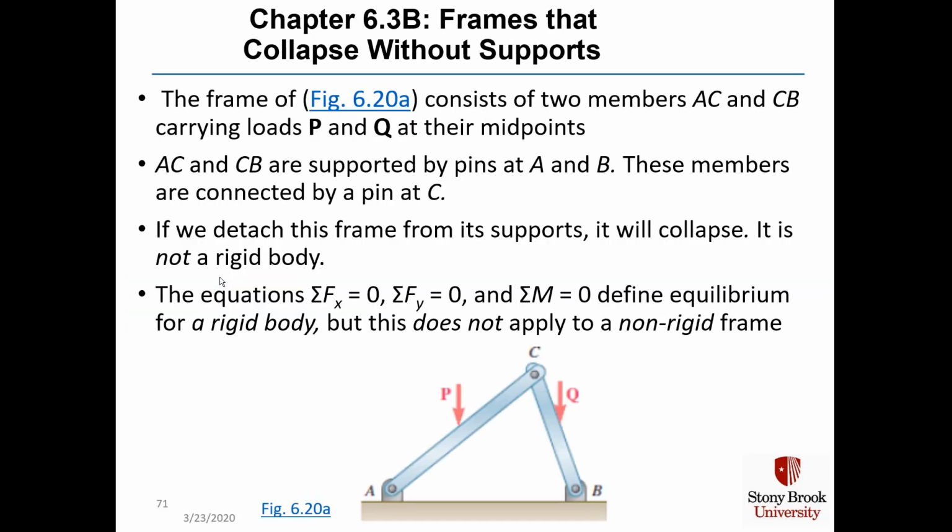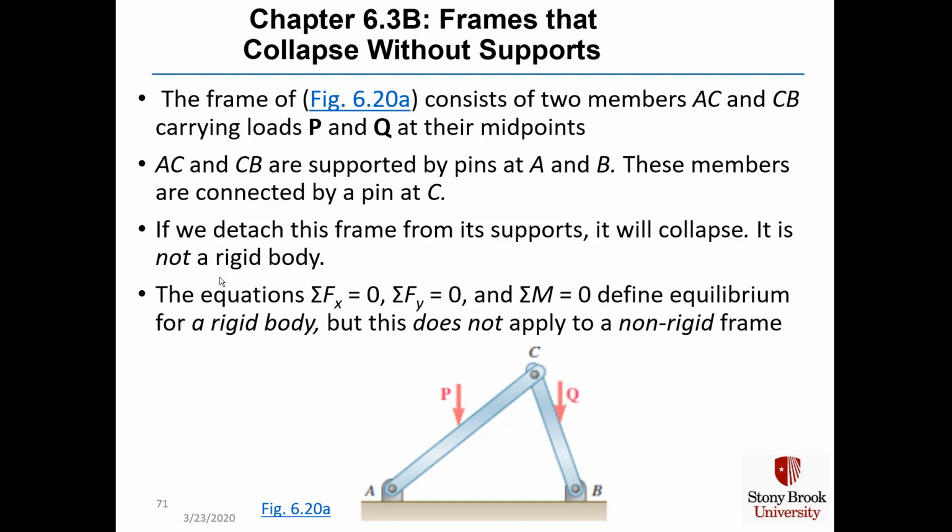Let's take a look at frames that will collapse without their supports. For example, in figure 6.20a at the bottom, we have two members, AC and CB, which each carry loads P and Q at their midpoints. Members AC and CB are supported, respectively, by pins at A and B, and they're connected by a pin at